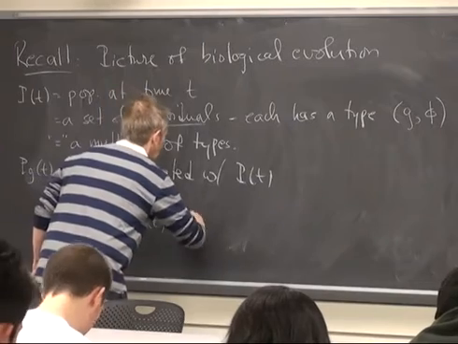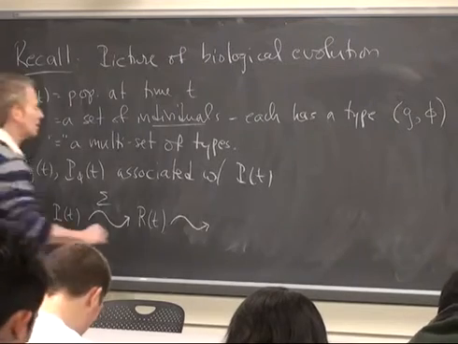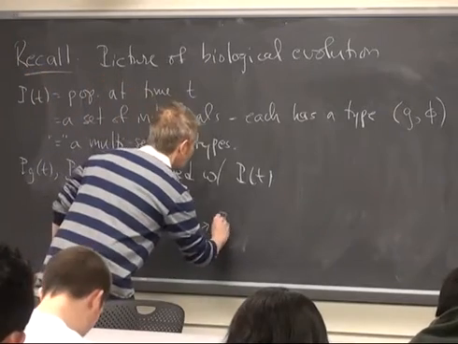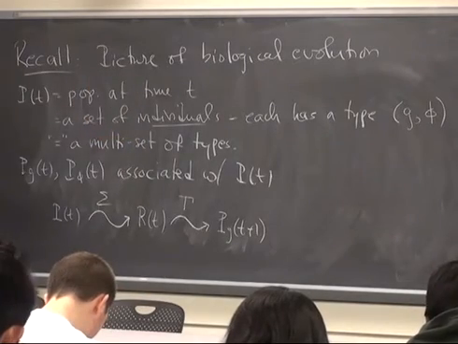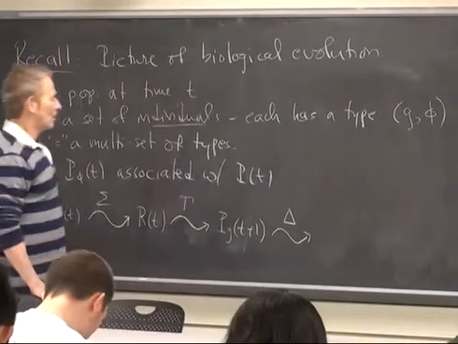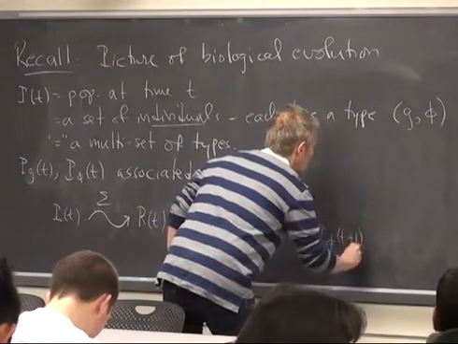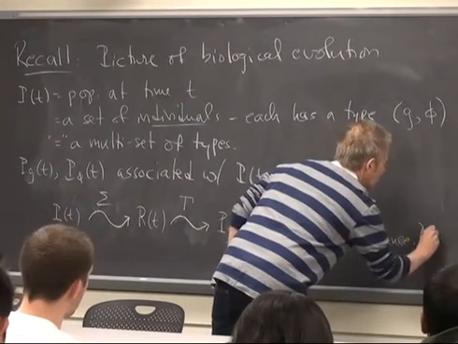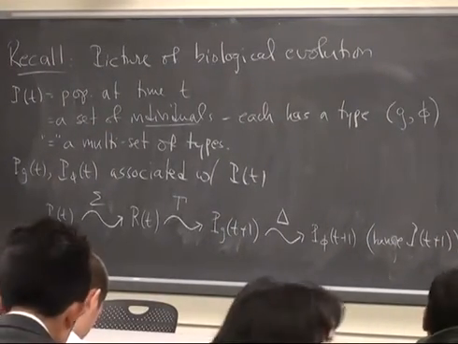And then those guys mix their genotypes in whatever way, subject to a bunch of random effects, with this genetic operator gamma. And that gives you the set of genotypes of the population at time t plus 1. And then they develop, subject to a bunch of random effects, via this operator delta, into P phi of t plus 1. And now you have, along with the PG of t plus 1, all of P of t plus 1. So that's a very stripped down model of how this operates.